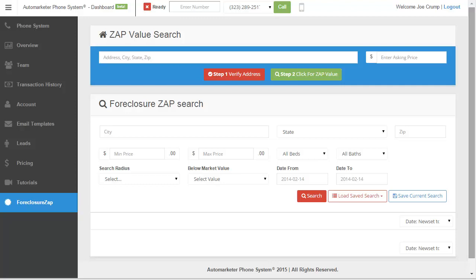This video will show you how to use the ForeclosureZap module. It's a pretty cool little module, and I've used it for some other things that aren't really directly related to you guys. But let me just show you. I put in an address and I verify that address, it'll find the actual